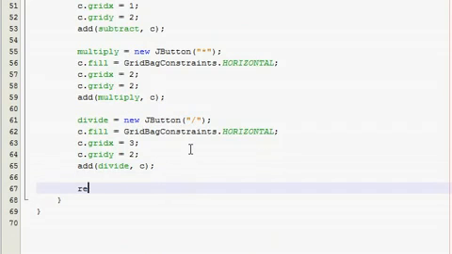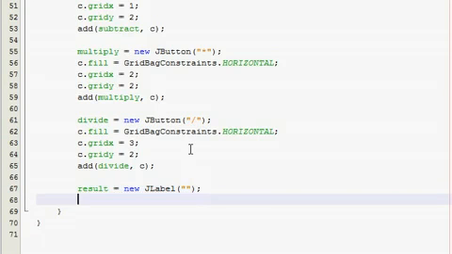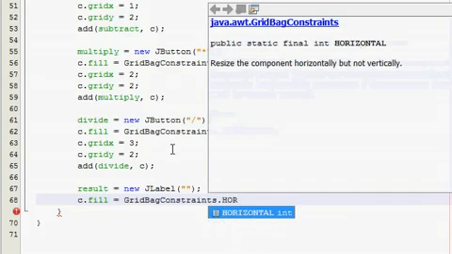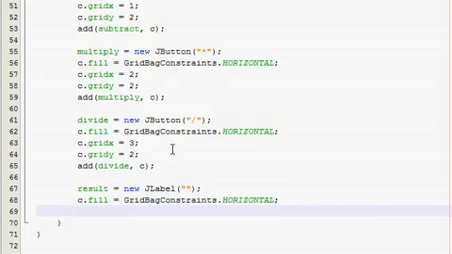So result, it's going to be a JLabel. And it's gonna be empty at first, so empty quotes. And then you got fill, and it's gonna be gridbag, and it's gonna be horizontal,